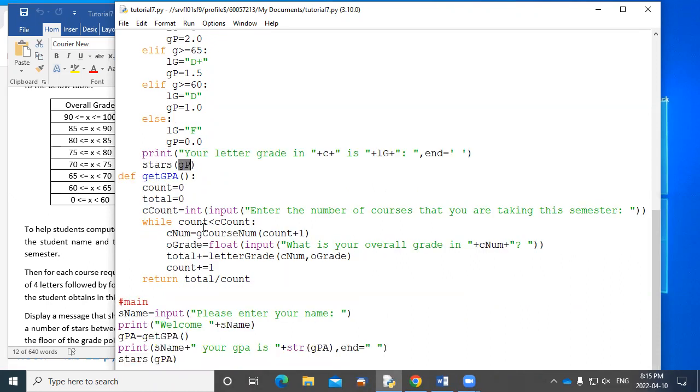All right, then we've got one more function to talk about. And this is the function which calculates the average. GPA is the average of your grade points. And so, averages always work the same way. Count and total. Set the count and the total to 0. Done that there. Get the number.